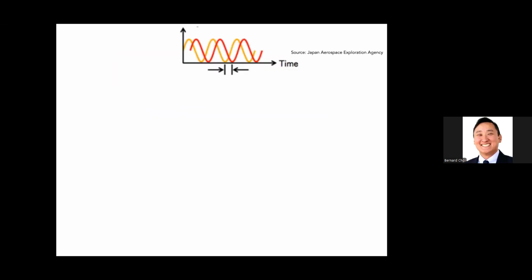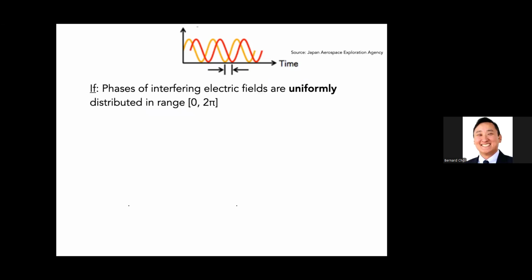So going into a little bit of the theory. This is just showing two waves with the same frequency and a slight offset. So we have amplitudes and we have these phase differences right here. With speckle theory, the assumption is made that if you have a bunch of waves hitting a single point, and those waves have a uniform phase distribution, so there's an equal chance for me to get this difference as there is to get this difference, as there is to get no difference, etc. Okay. So if you have this condition met,